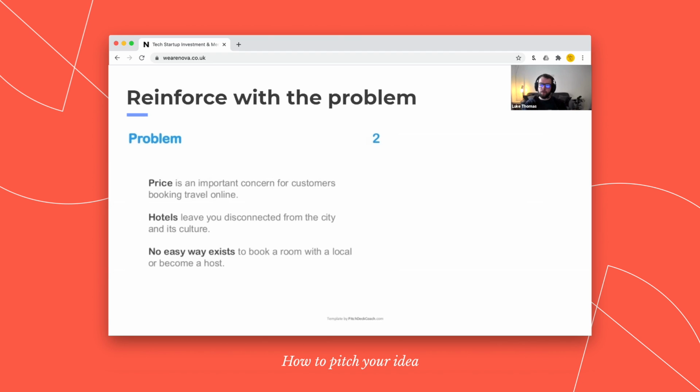So within 2 very simple slides, I understand what Airbnb are doing, and I understand why they're doing it. Again, they haven't sold anything yet. They're not talking about their traction, their plans, their ambition. It's simply, I can understand the idea, and that would get a tick. So I hope that's a good example of what we're looking for.